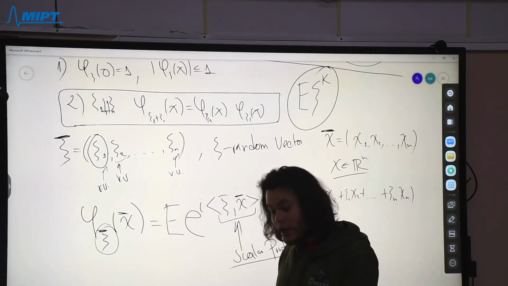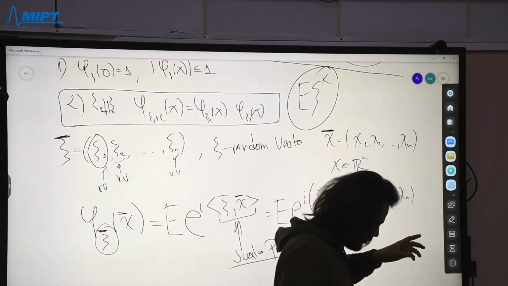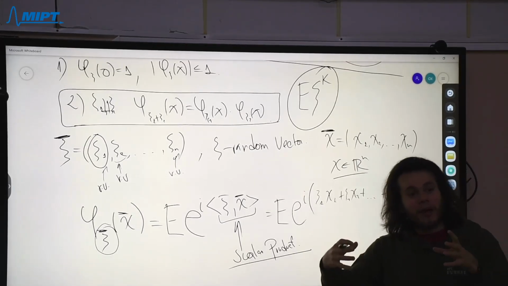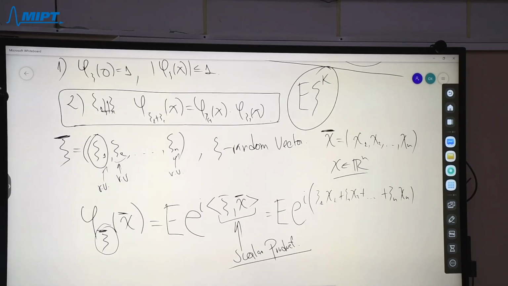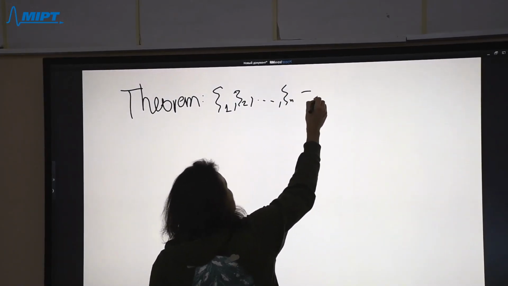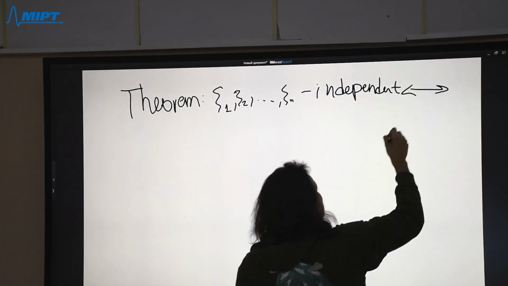So we know from previous lectures that if we have xi1, xi2, xin, then these random variables are independent if the CDF of the vector is equal to the product of the CDFs, right? And now we have almost the same. So here we have that xi1, xi2 and xin are independent if and only if